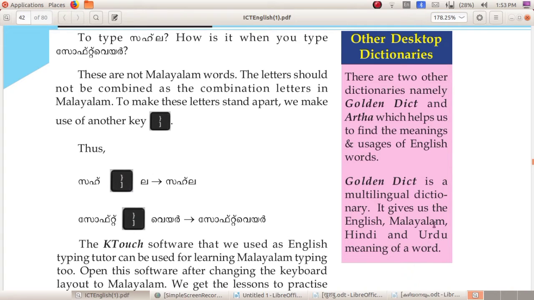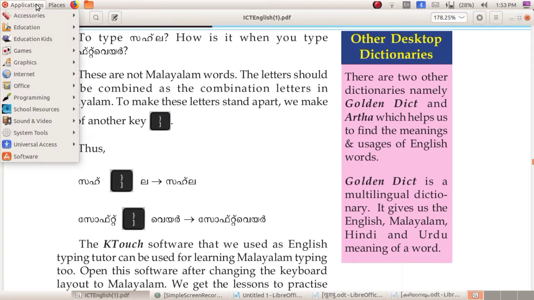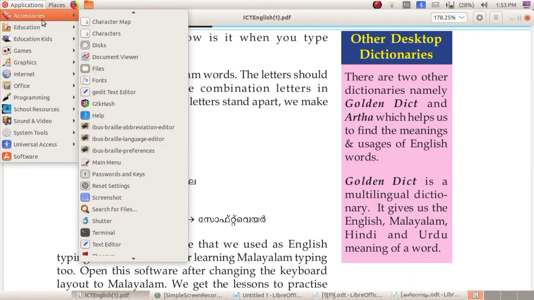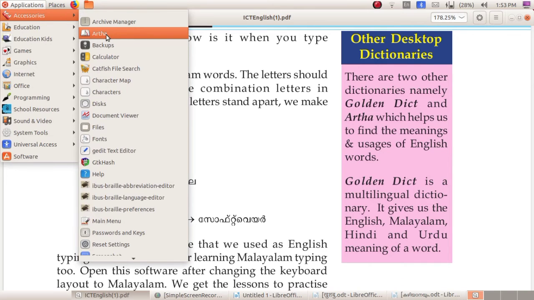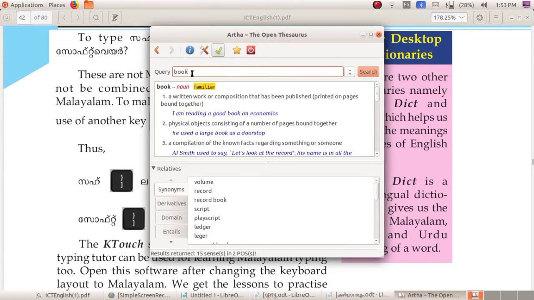Okay, so I am just checking Artha. Applications, accessories. Here you can see Artha. In this box you can type the word whose meaning you want to know. Now I am typing the same word, dictionary itself.